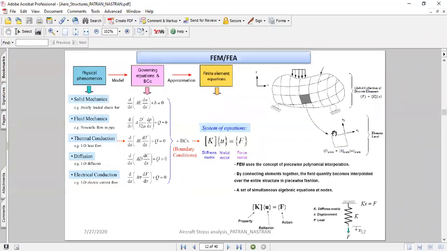Then you apply certain boundary conditions, which is an initial value problem or boundary value problem, and then you solve those differential equations. When there is a bigger and more complex system, you first convert those governing differential equations into a set of algebraic equations.